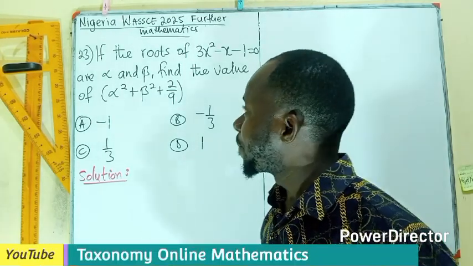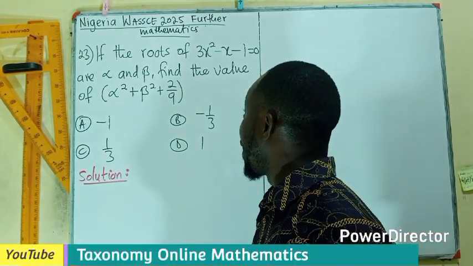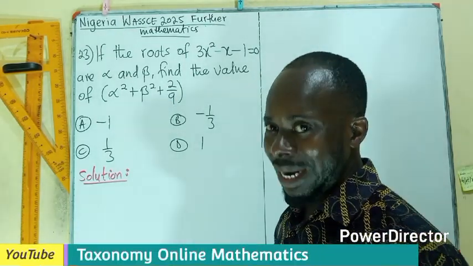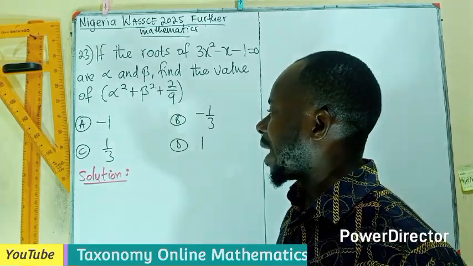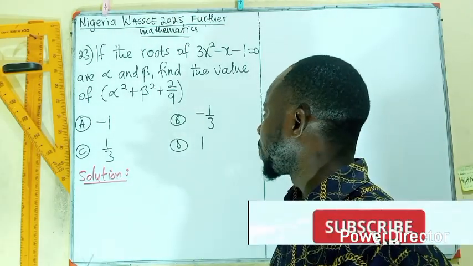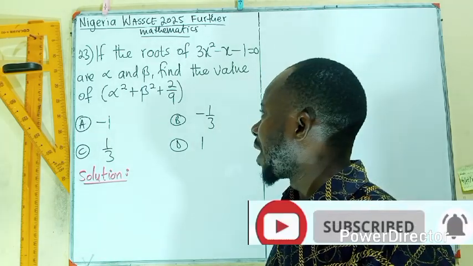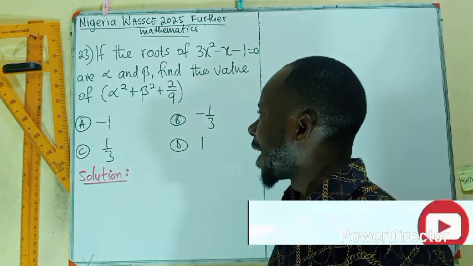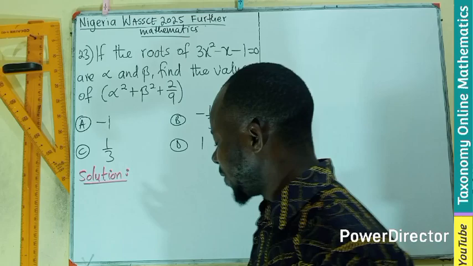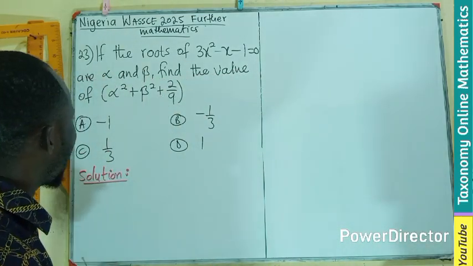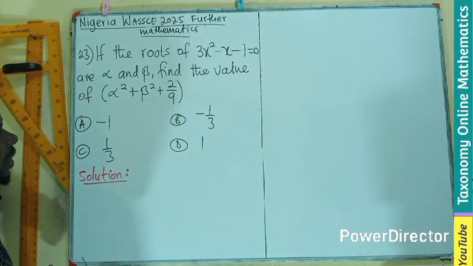Question 23. If the roots of 3x squared minus x minus 1 equals 0 are alpha and beta, we have to find the value of alpha squared plus beta squared plus 2 divided by 9. Now, let's see, if the roots are alpha and beta, we can think of the